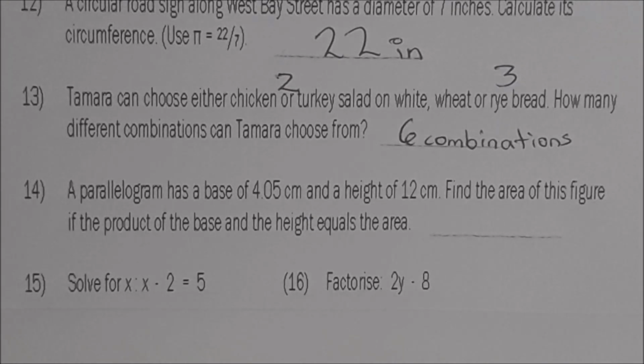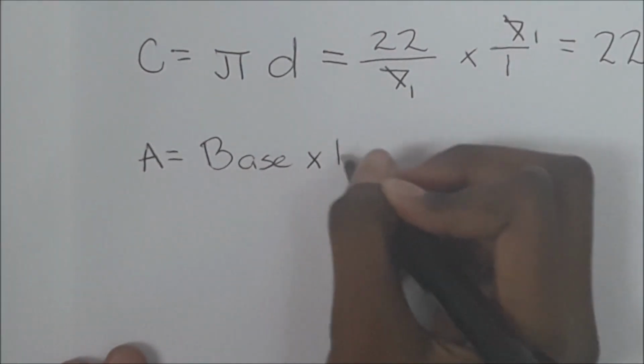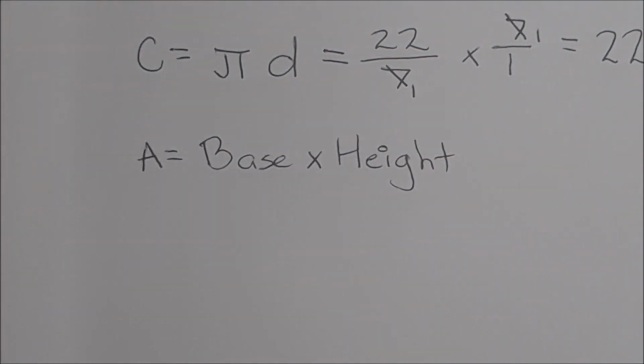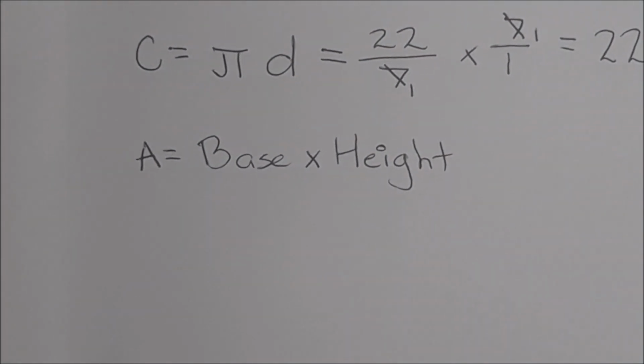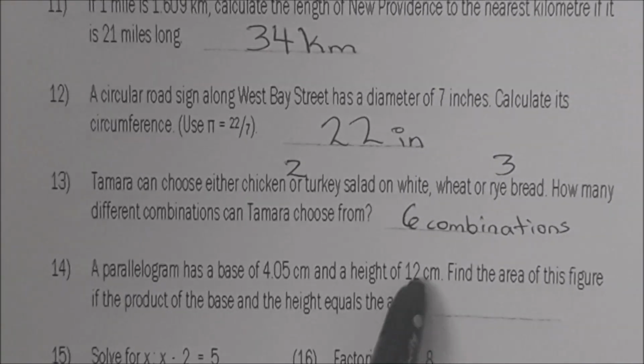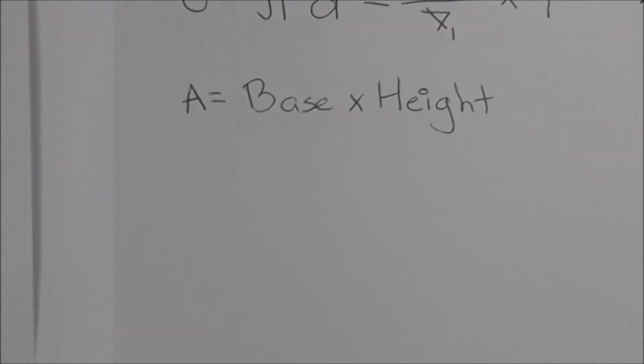So first of all, write the formula. Go to the rough work page and put A is equal to, we're finding the area, base times height. That's what the product means. Okay, so the area for a parallelogram is the base times height. Now find the number for the base. It's 4.05 centimeters and the height is 12 centimeters. So write those in. Under that put equal to